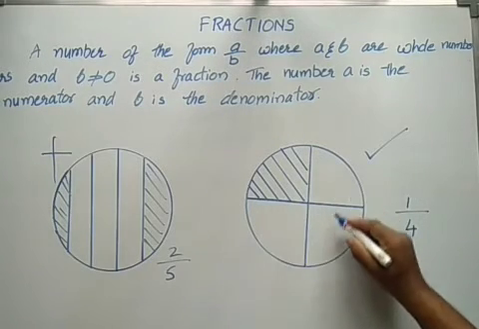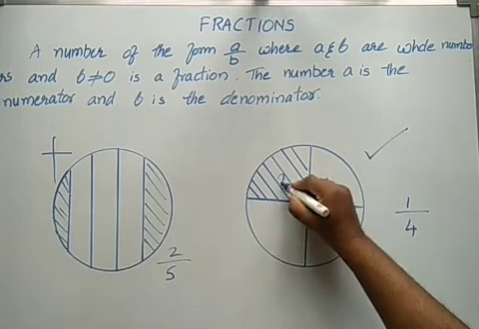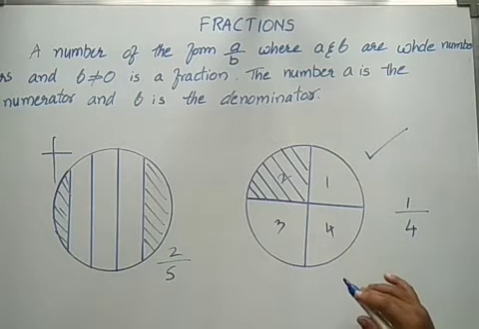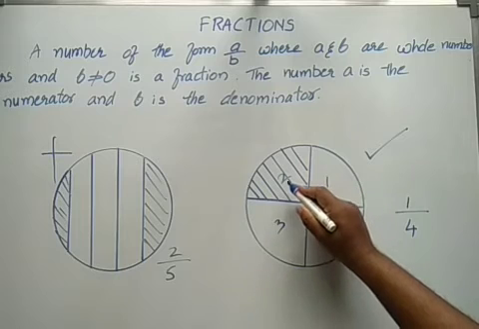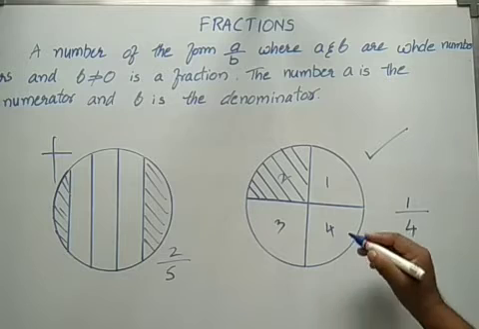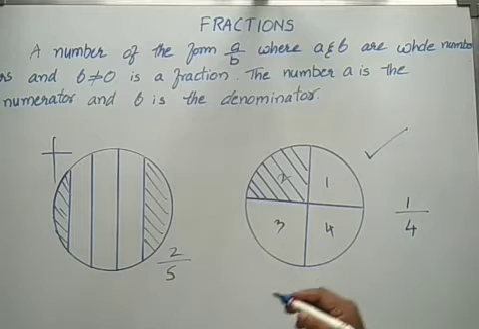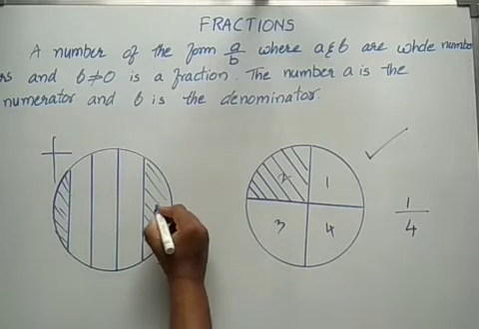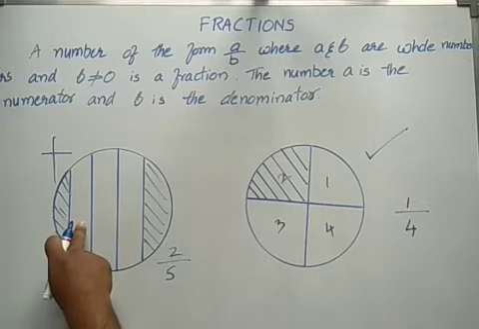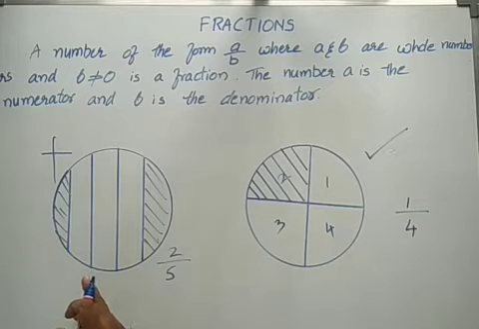See, by observing this figure, you can observe very clearly this is part 1, part 2, part 3, part 4, and all the parts are equal. Part 1 is equal to part 2, part 2 equal to 3, 3 is equal to 4, 4 is equal to 1. Here all the parts are equal. But here the first part is different, the second part is different, the third part is different, the fourth part area is different, this fifth part area is different. I think you can observe very clearly.